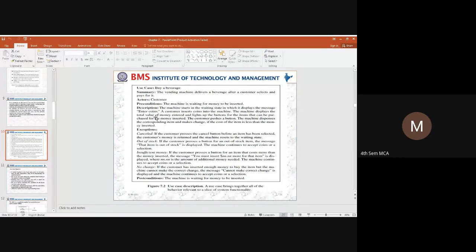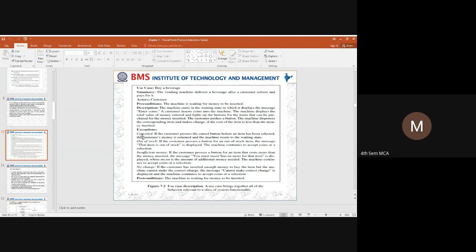The customer can select the item. Once the item is selected, the machine will dispense the corresponding item. If he has paid an extra amount for a beverage, the machine should calculate the amount, make change, and return the change. So that is the description.